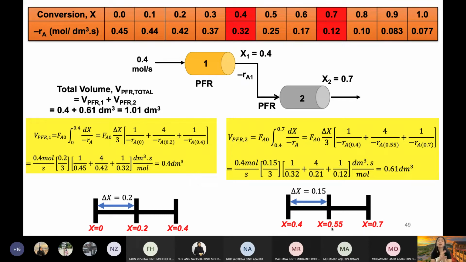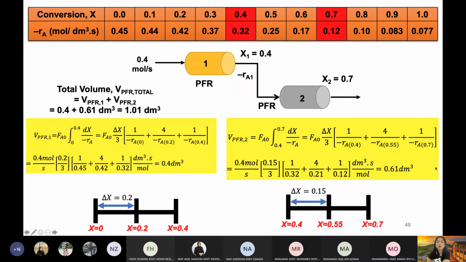Kamu ingat je titik tengah antara X1 kepada X2 ataupun middle X antara X1 kepada X2. So it's 0.55. So then you find the difference. So the difference, kamu nak tengok difference kat depan, kamu nak tengok difference kat belakang pun tak apa. So kalau kamu nak tengok the difference at the front, antara 0.4 to 0.55, the gap, how much is the gap? 0.15. Belakang pun sama. Berapa beza julat antara 0.55 to 0.7? Is still 0.15. So that's why delta X 0.15 divided by 3.